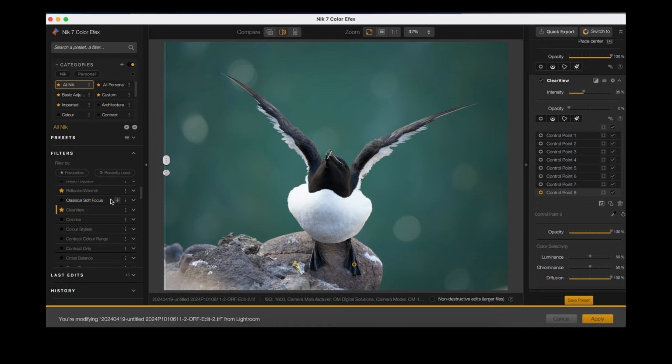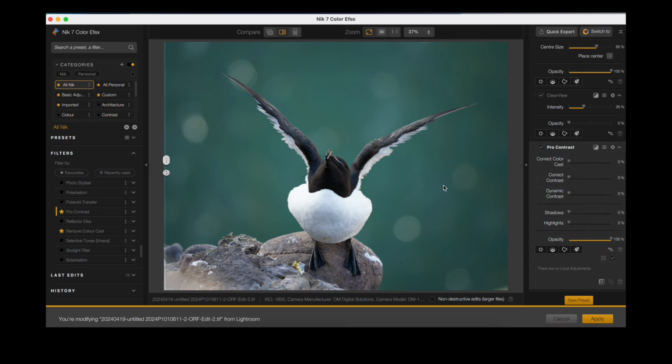Okay, one last one, third one that I'm gonna add, and it is Pro Contrast. Add that one, and the one I use the most up here is the correct color cast, which is automatically detected in the image by the program. So at first I'll just drag it over 100%. And you can see here that goes a bit overboard. I usually really like what it does. I definitely don't think it works at 100% here, but I think